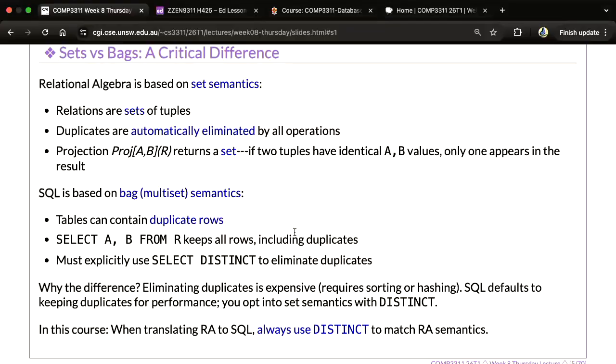And the reason why SQL does not automatically remove duplicate rows is because it is expensive. So sometimes you can just settle with not unique rows, and you can just be happy with that. And we'll talk more about why removing duplicates is very expensive once we get to the multi-version concurrency control part